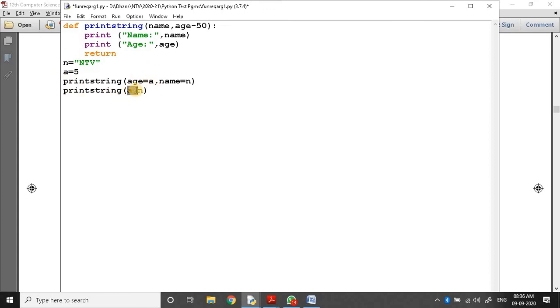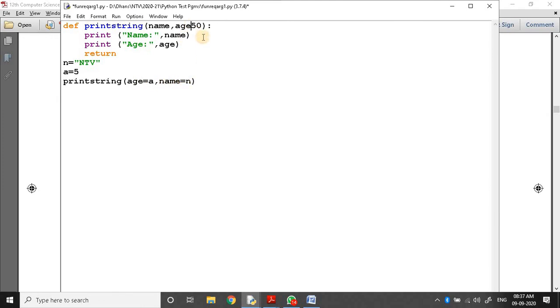What will happen? Once again, age. So here the function is called 3 times. Let us check only one time. Here the main function has 3 statements: n is equal to ntv, a is equal to 5. The 2 values are passed.